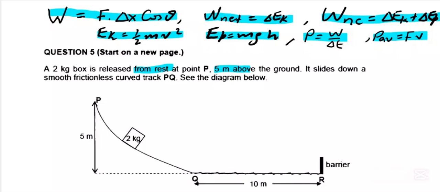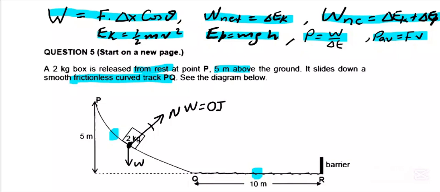So it slides on a frictionless track, which means here there is no friction, but here you can see there is friction. The first thing that you need to do before attempting the questions is to draw a force diagram or a free body diagram. So here we have the weight and the normal force. But the normal force is always perpendicular to the surface as well as displacement, which means the normal force will give us 0 joules.